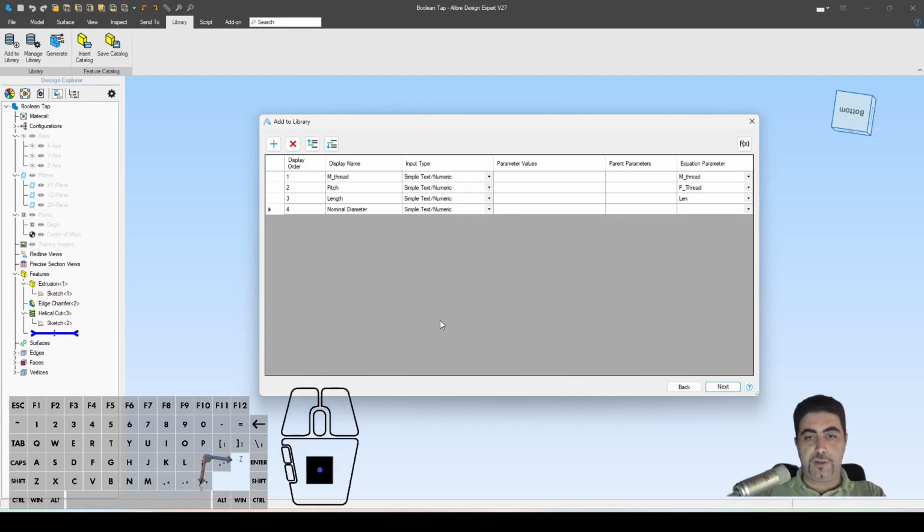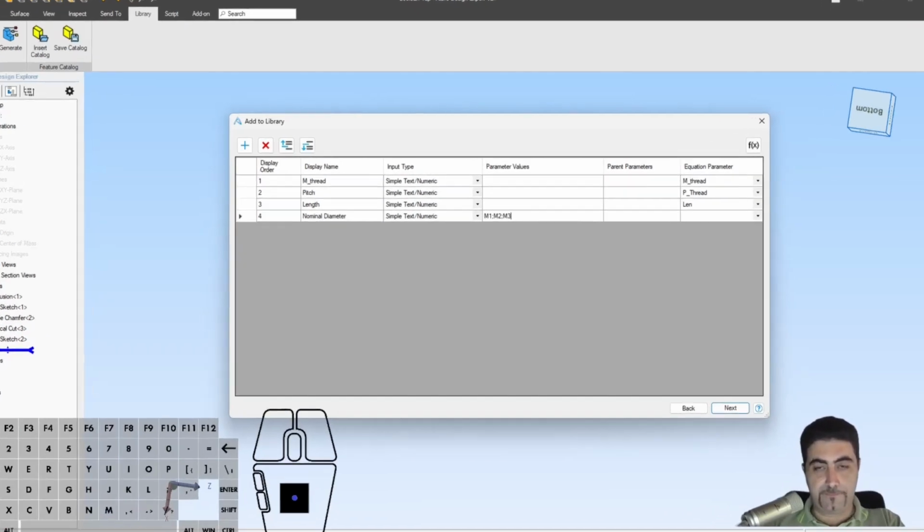And here I'm going to input the names of the catalog of threads I will have available. So I will have an M1, separated by a semicolon, an M2, M3,